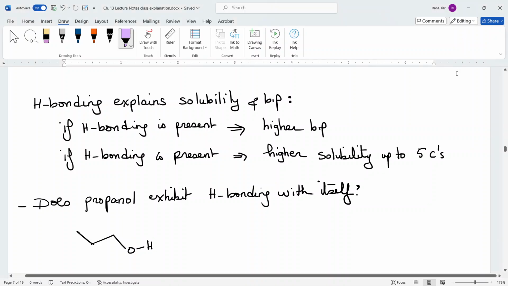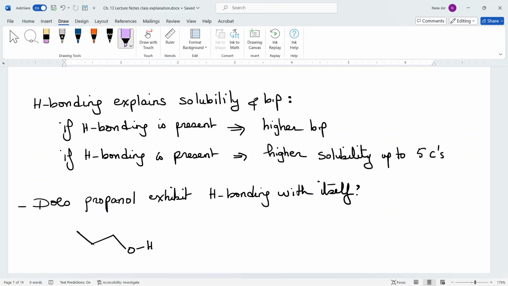So the presence of hydrogen bonding is very important because it determines two physical properties: the solubility and the boiling point. And both depend on the hydrogen bonding. So whenever you have hydrogen bonding, your boiling point is going to increase. And whenever you have hydrogen bonding, your solubility is also going to increase as long as you have 5